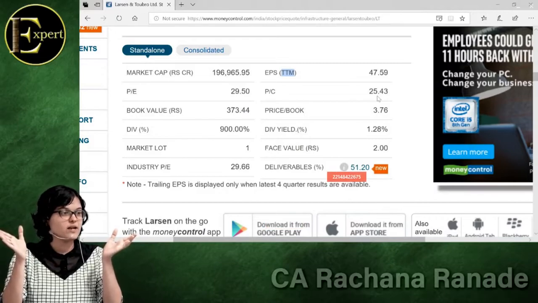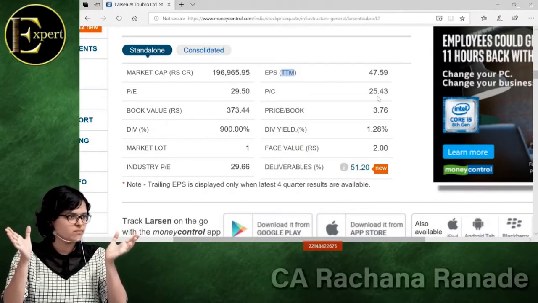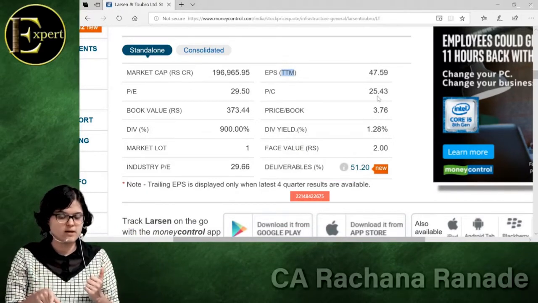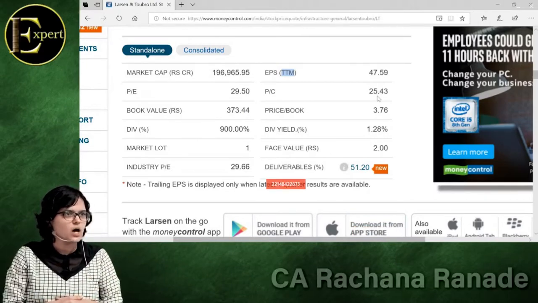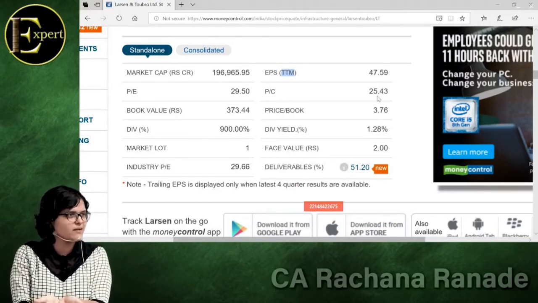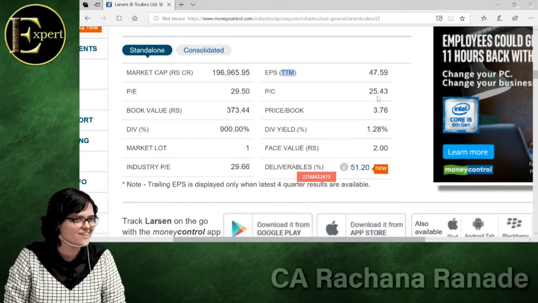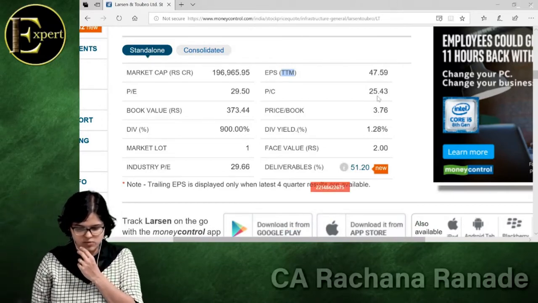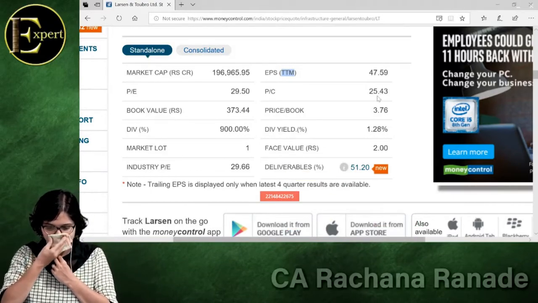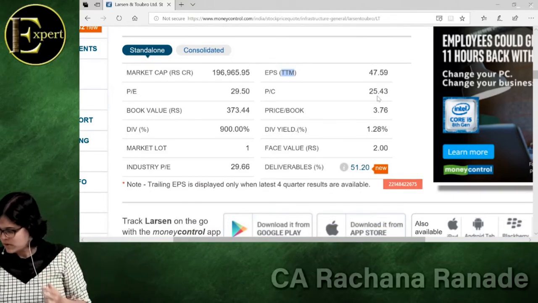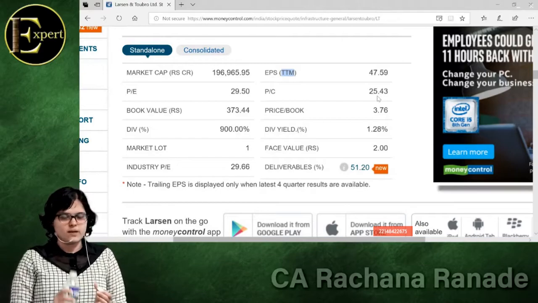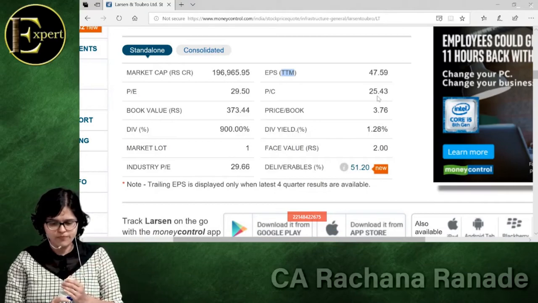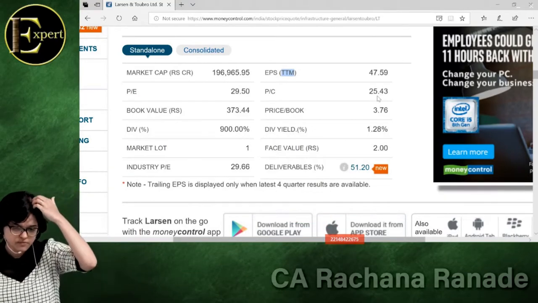how do we calculate it? EPS: my PAT divided by total number of shares is how I get an EPS. You want to write down this formula also? How EPS is calculated? It's very much readily available on any website, but you should know how this is calculated. Okay, so write down EPS, earning per share, is equal to PAT, profit after tax, divided by what? Total number of shares.